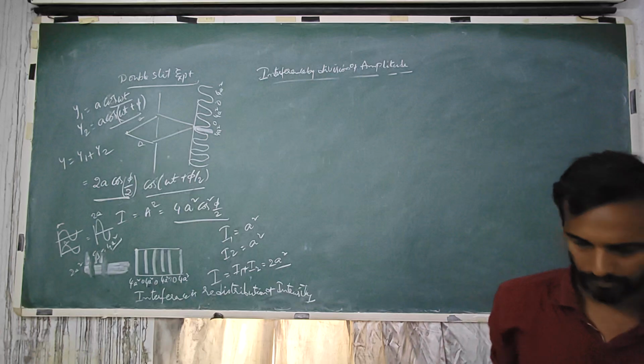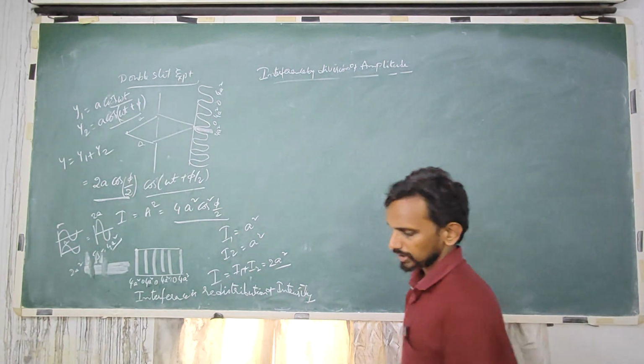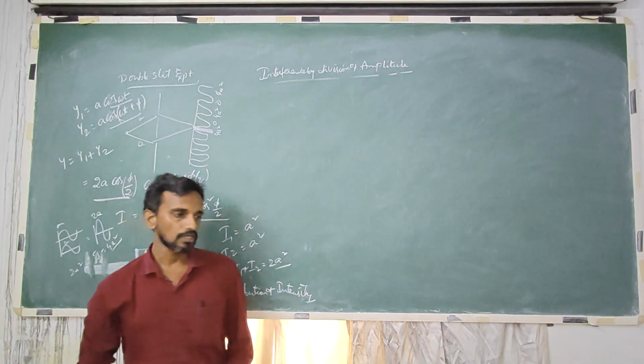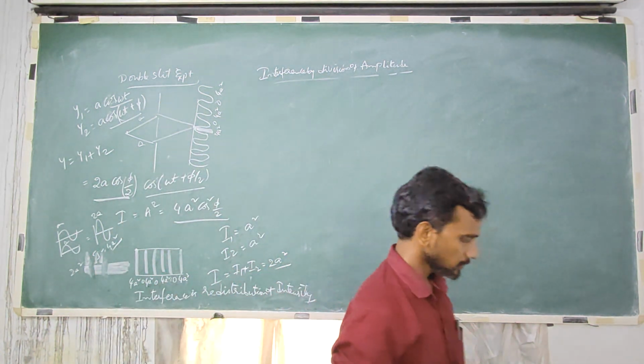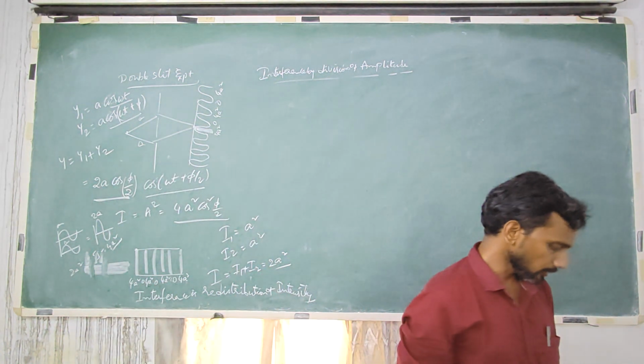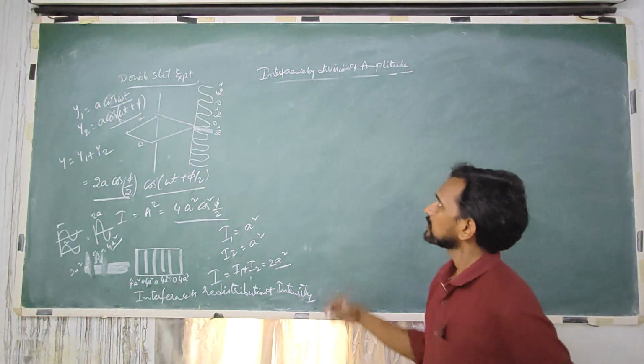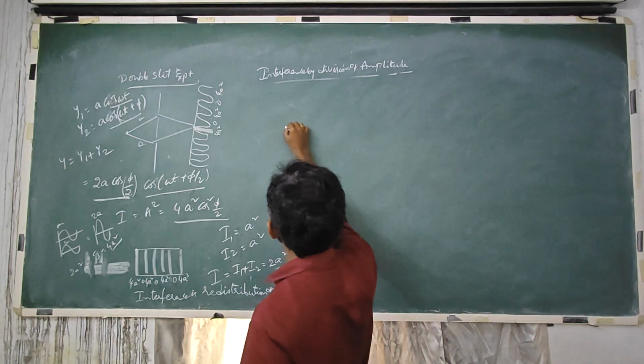Interference by division of amplitude. So here we try to divide the amplitude, which means we try to divide the intensity. Okay, so for that purpose, what we are doing here is,